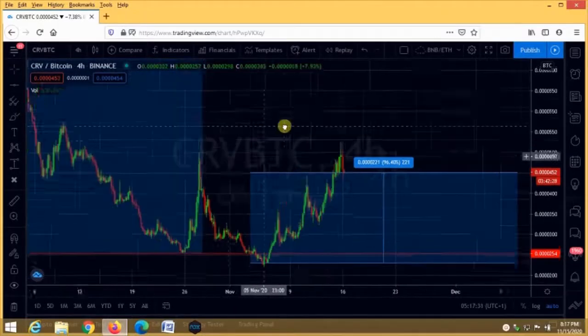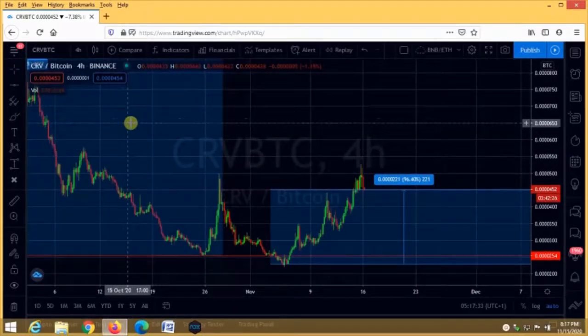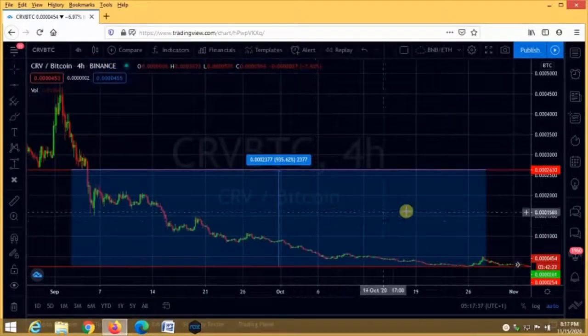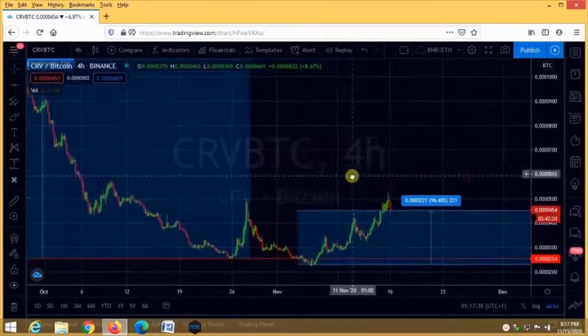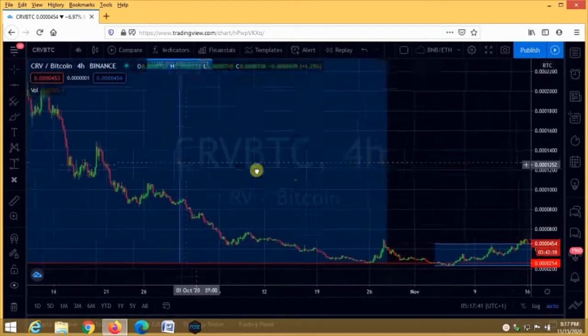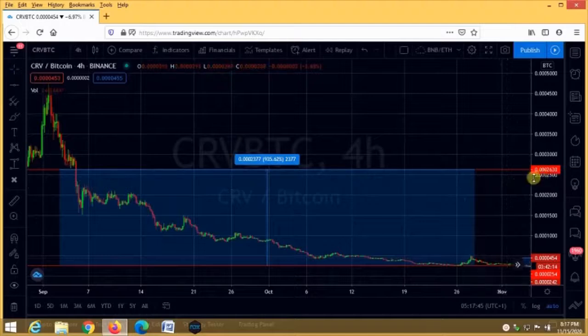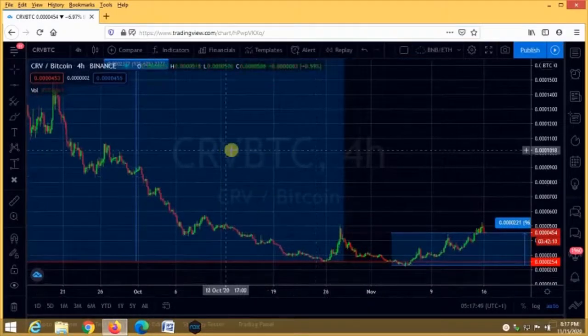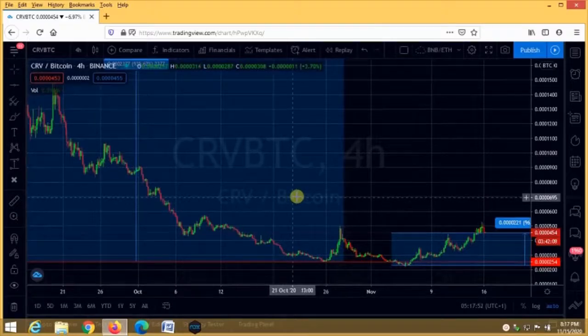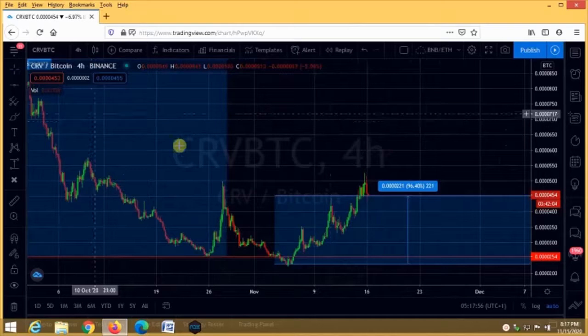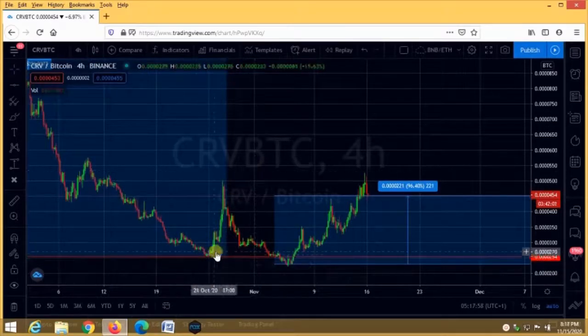I place my trade order only when I want to buy this altcoin, since I already identified that it was a manipulated market price action, because it failed to return back up to the target support price level, which is 2,630 Satoshi. That alone already told me there's manipulation in this market. So if I want to trade this market, I want to find the bottom price level, which is at this point